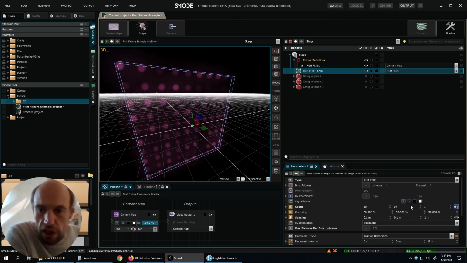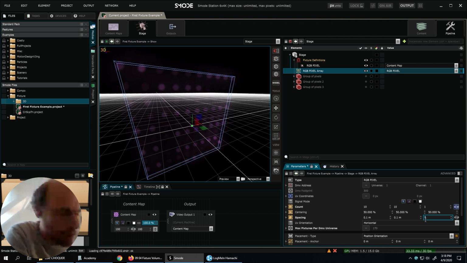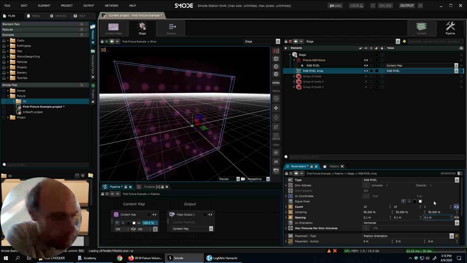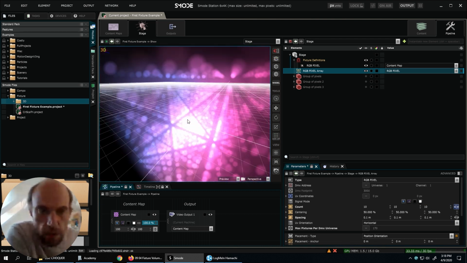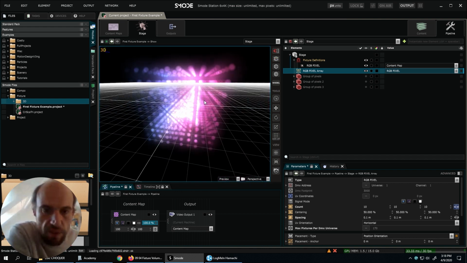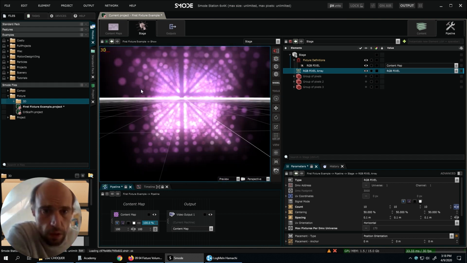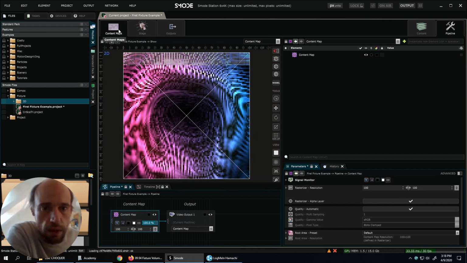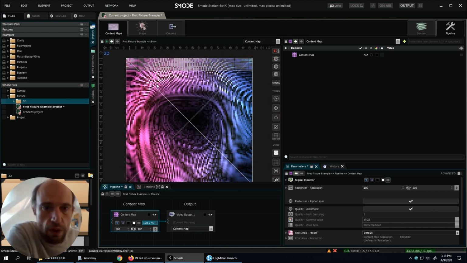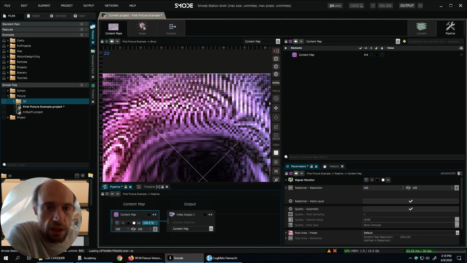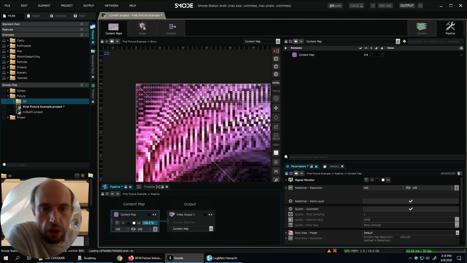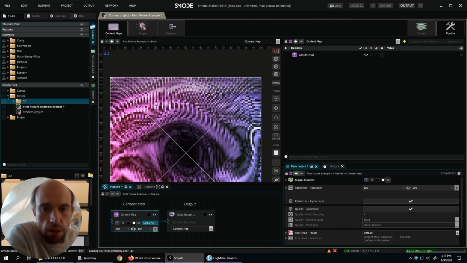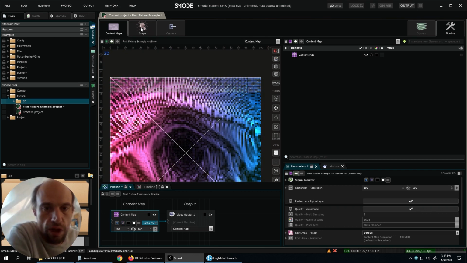And of course, I can also use 3 dimensions instead of 2. So I'm first going to change the spacing and put 10 by 10 by 10. And now we have a cube of pixels, a nicely looking cube, and we can also have a look at the content map. And what we see now is that our content is made of 10 blocks of 10 by 10 pixels. So it takes this whole range here.